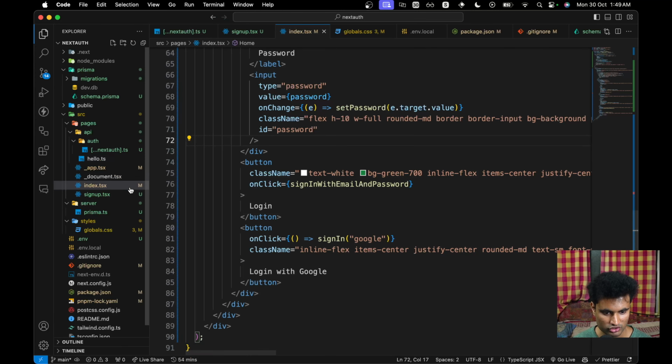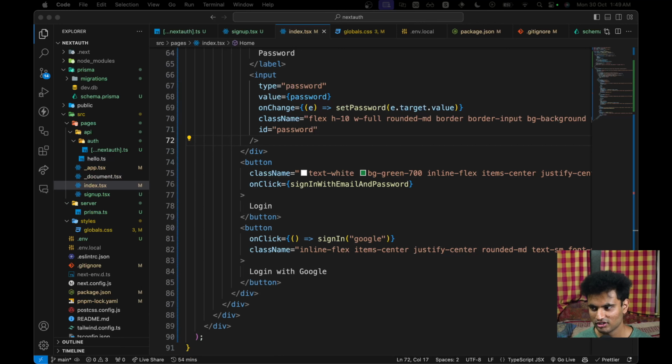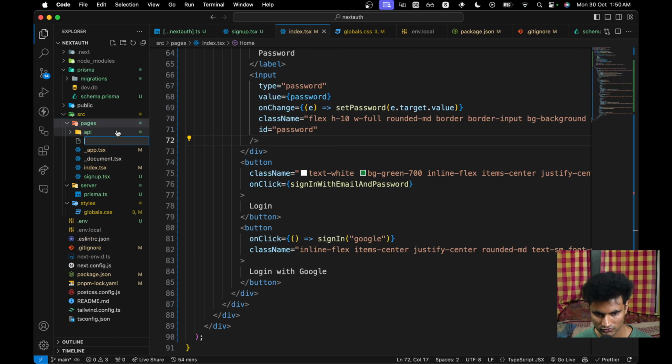This is going to be the easiest part because basically our dashboard is going to have only one functionality, that is logging out the user. In production scenarios, you might have a lot more complex and your dashboard might be the most difficult thing ever. So let's go here. I'm going to create a new file, dashboard.tsx,